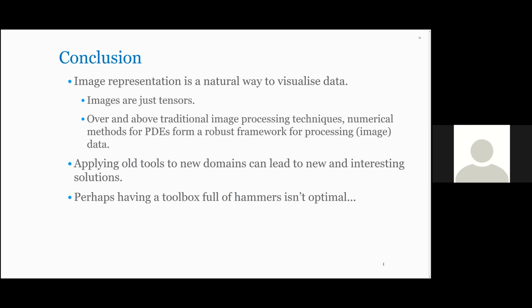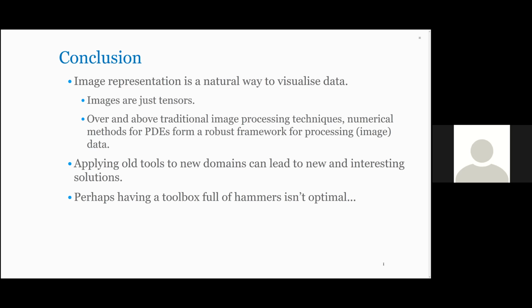And so I think that's really the power of using PDEs as a framework. Something that I certainly learned is that using tools from other domains can lead to new and interesting solutions. And so, maybe it's not the worst thing to be walking around with your only hammer being a differential equation. Certainly, I think so. But having seen, in the real world example of doing the sperm morphology analysis, you